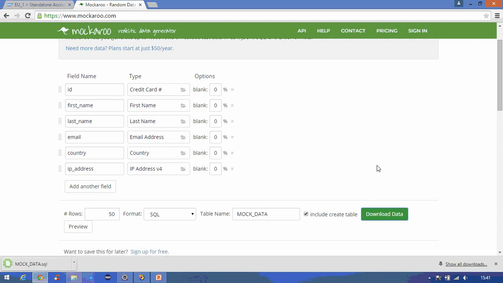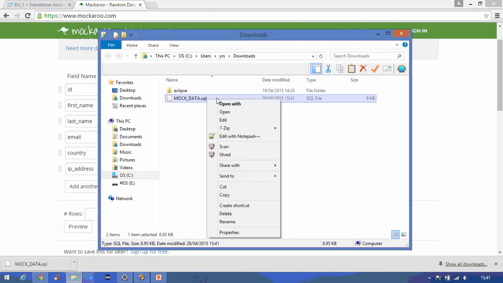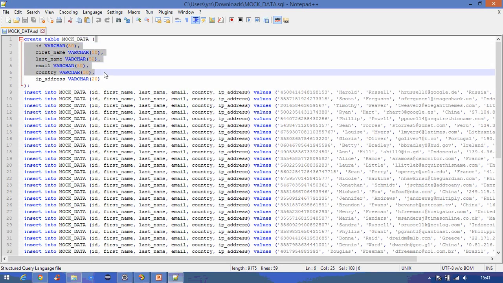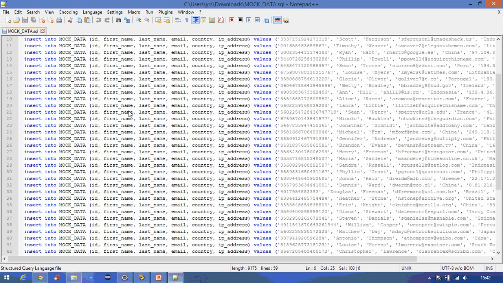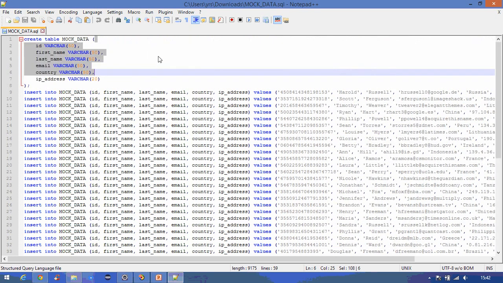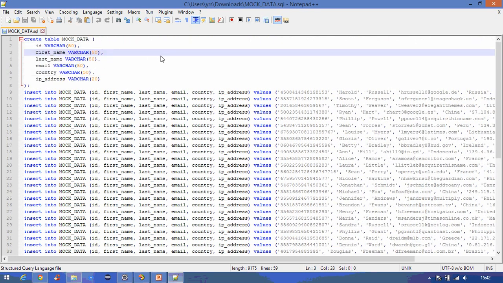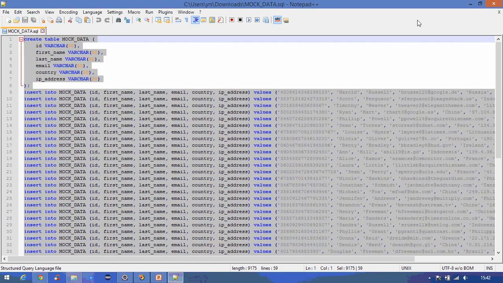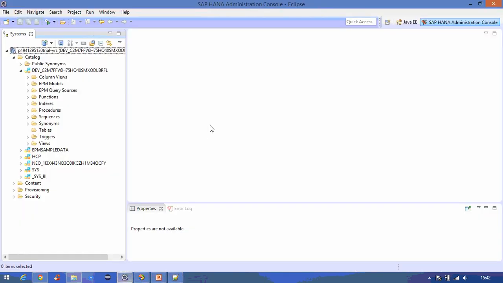At that point, Mockaroo will create a little SQL file, and I can open this file in Notepad. There you can see I've got my create table statement at the top, and then I've got insert statements to insert 50 rows of data. So I can select all that and copy it. It's now on my clipboard. Okay, so if we go back to Eclipse,